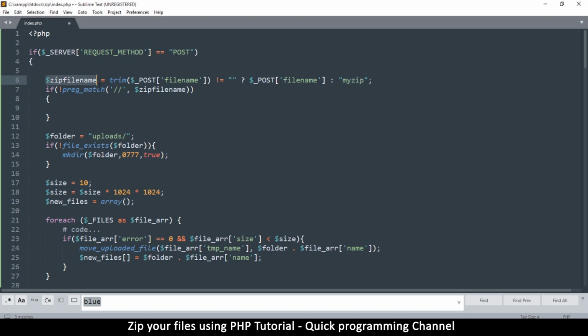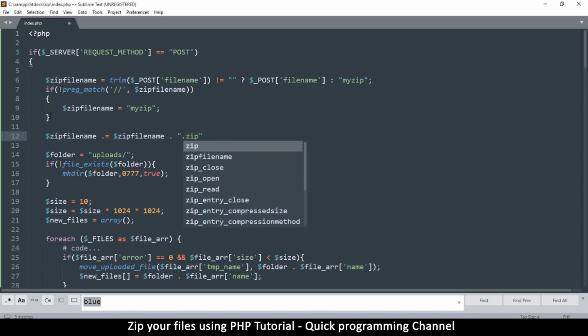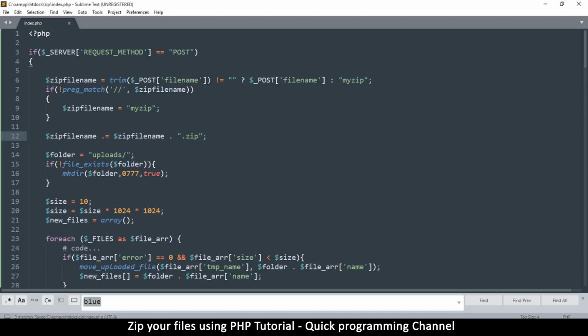So say file name, let me do this here. Let me do a dot equals here to concatenate to the end of the file name. I want to add a dot zip just to make sure it's a zip file. Okay, so let me recap here a little bit. If the user typed something, let's set this to what the user typed. But if it's empty, then let's give it a generic name. Okay, and then let's make sure that this is fit for a file name,